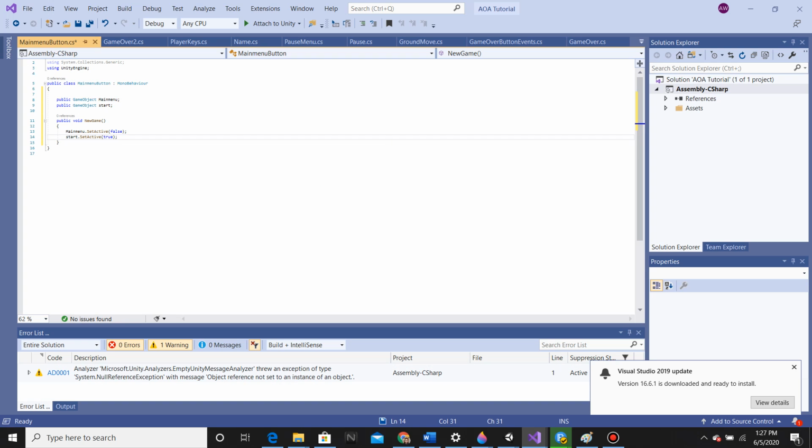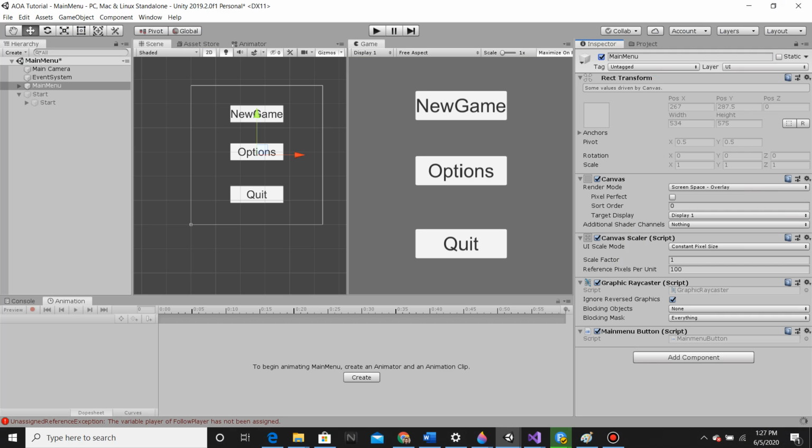Then I'm going to save the script. I'm going to go out, and then I have to set up the main menu and the start. So I want the main menu to be the main menu canvas, and I want the start to be the start canvas. So now if I don't maximize and I press play,